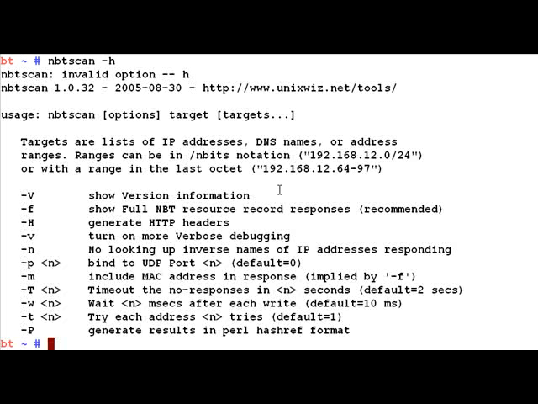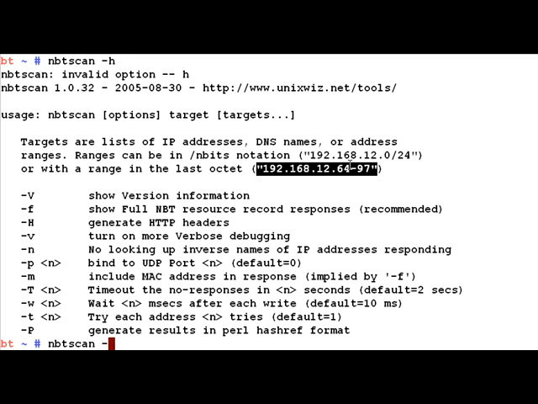We do a -h on it, and as we can see, first of all it can support a whole subnet. Basically it's going to go ahead and scan the whole subnet and give us the details for every computer which it discovers there. But let's keep it simple, and in this example we'll just concentrate on a single computer. Of course it is trivial to extrapolate this technique over the whole subnet.